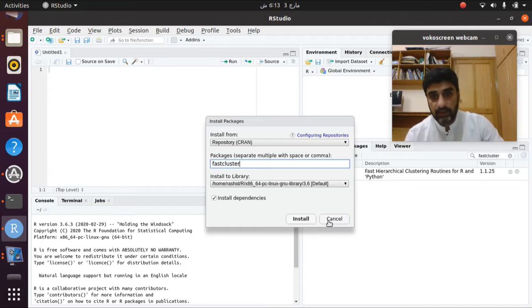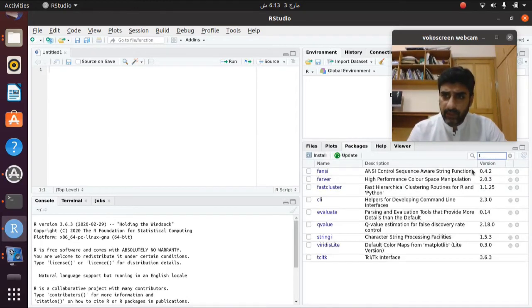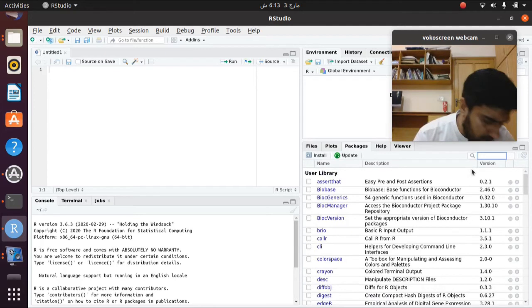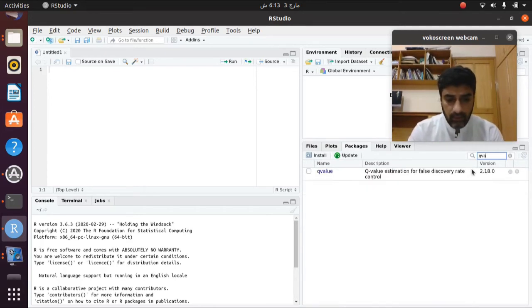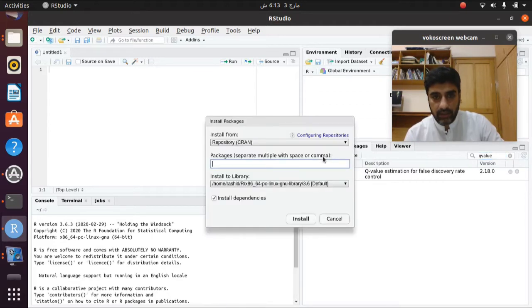So this is the second package you needed, and the third one is qvalue. That is also already installed in my system, but you can install it by clicking the install button icon.